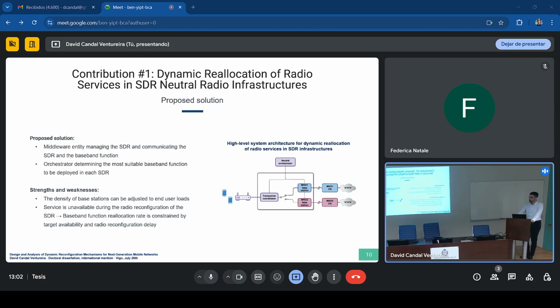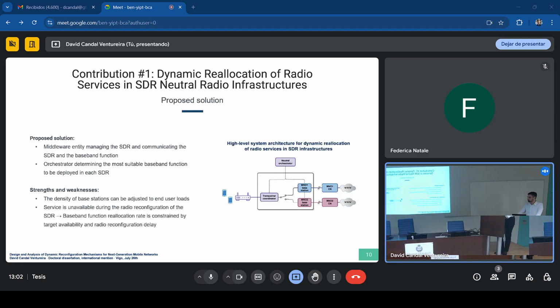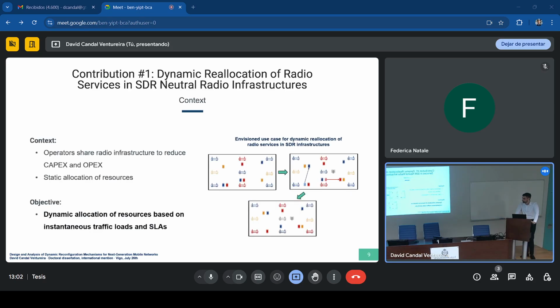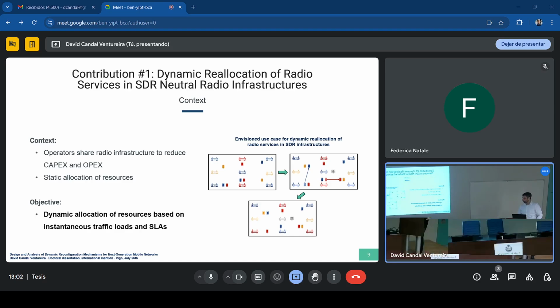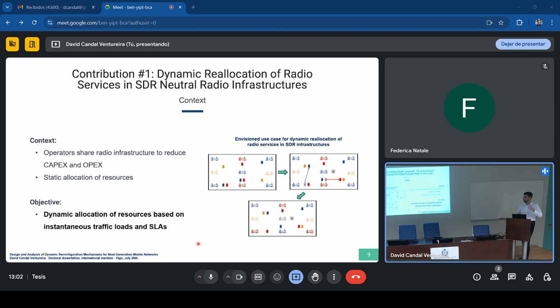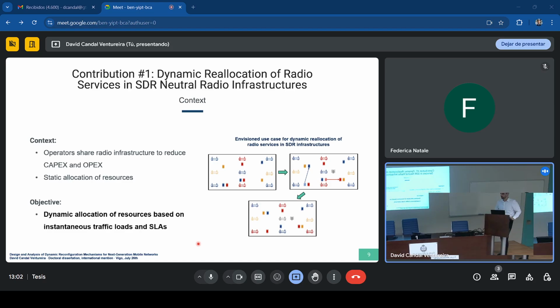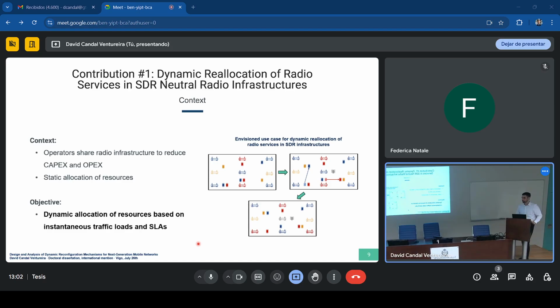But peak demands on what, and in which regard? From users, maybe. What happens in that case? You have an infrastructure that you can share, but how can you help tenants to fulfill their contracts? You mean, for example, if a user starts to do a speed test or whatever that requires a lot of resources, and you consider that you need to allocate them resources. But there's another user from another tenant that is also demanding a lot of resources. What happens there? Do you have something? I think we did not consider that.